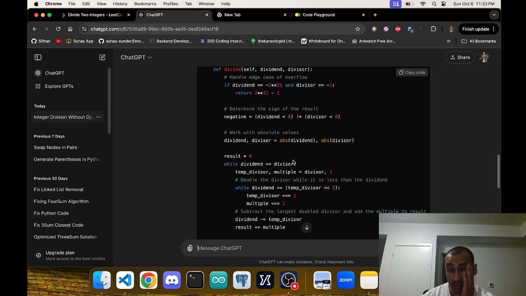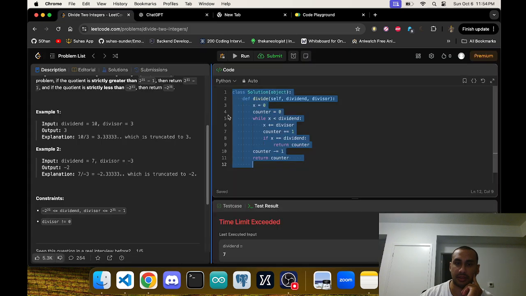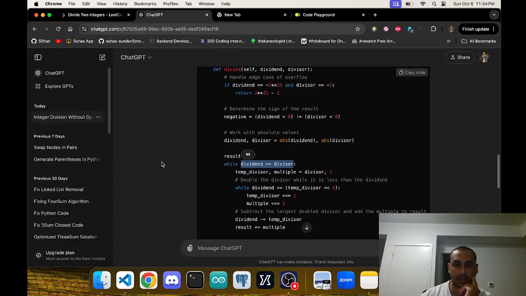Temp multiple 1, divisor 1. So yeah, it still does while divisor is less than, because greater than or equal to on this side, all I did was flip it. Same thing. You're doing a multiple, same thing. So all they're doing now is checking